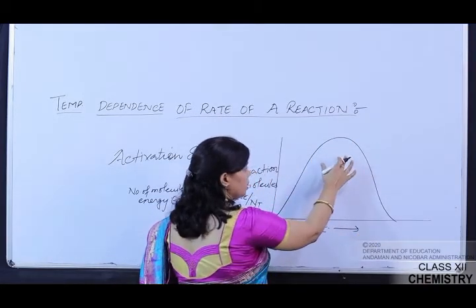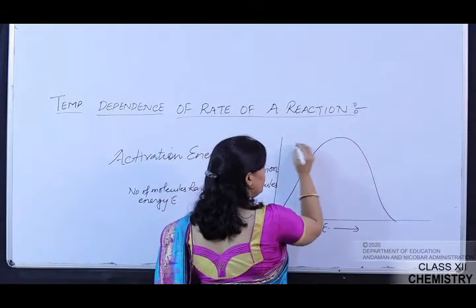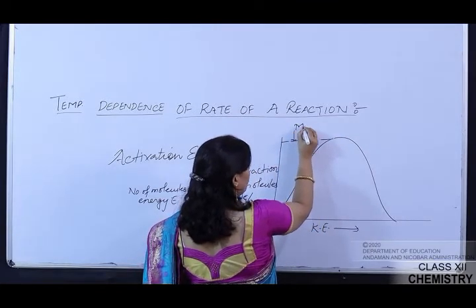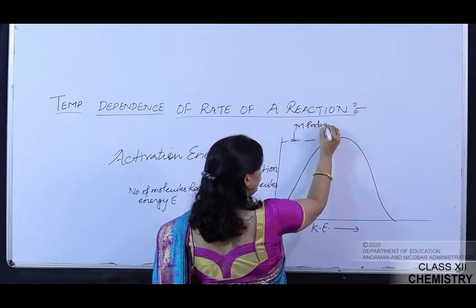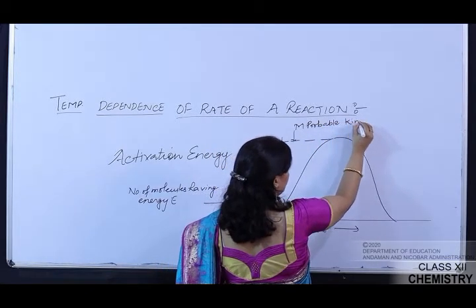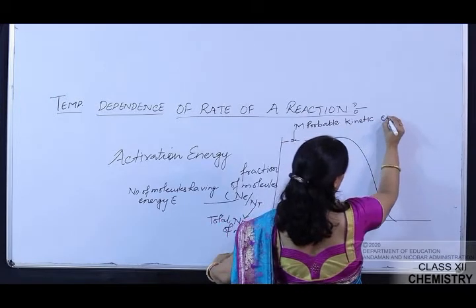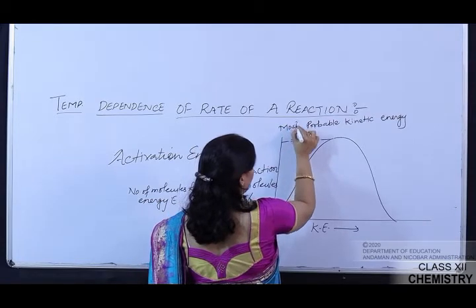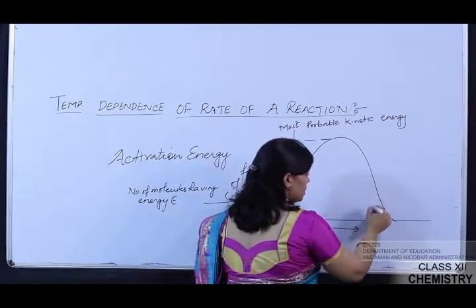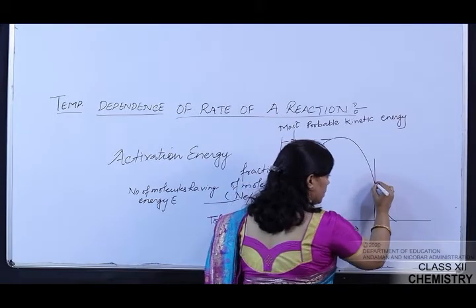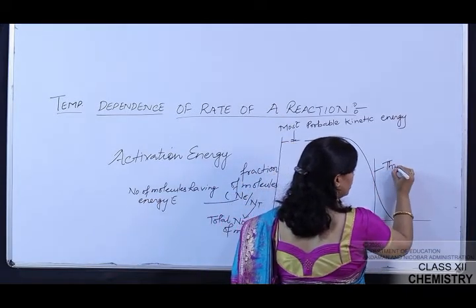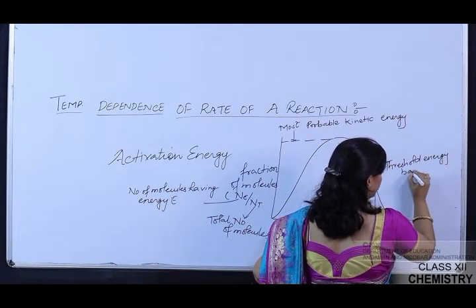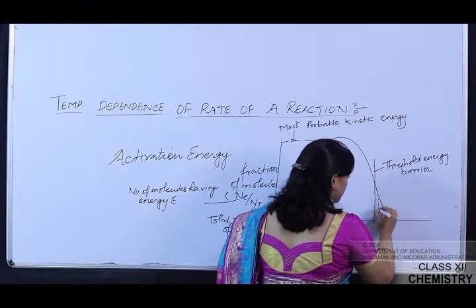In this curve, the peak of the curve corresponds to the most probable kinetic energy. This is the most probable kinetic energy. And suppose this energy is named the threshold energy barrier. This is the threshold energy barrier, and in this shaded area,